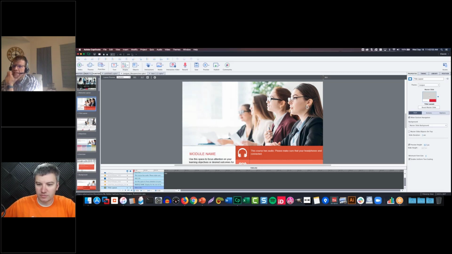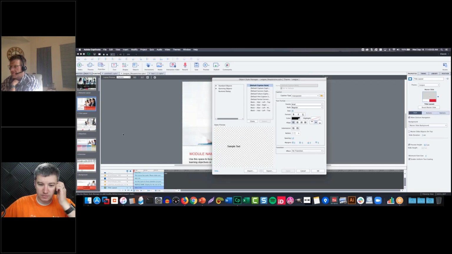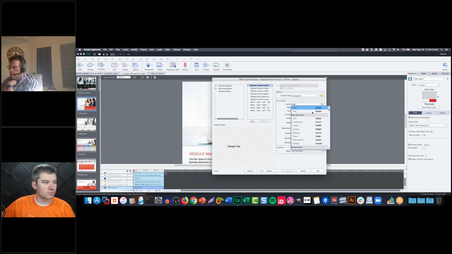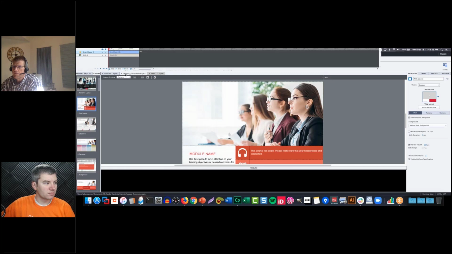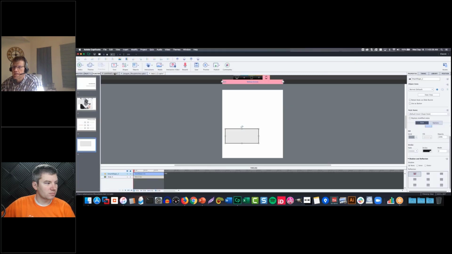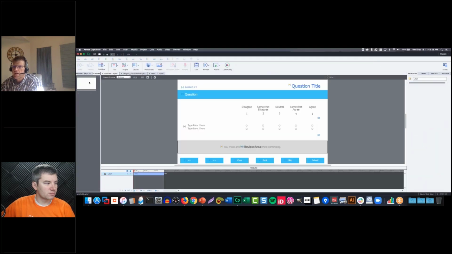Yes, that's in this magic thing referred to as the OSM, or the Object Style Manager, where I can come in here and I've got these default caption styles. So I can go in here and I can change it. If I want my default caption style to be, instead of Arial, Courier, I apply it and I click OK. Then as I come into a project, we'll go into here, into Untitled 1, and we'll go,